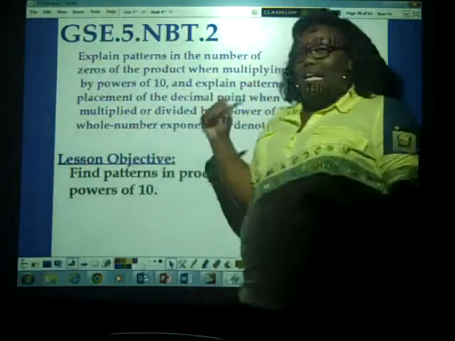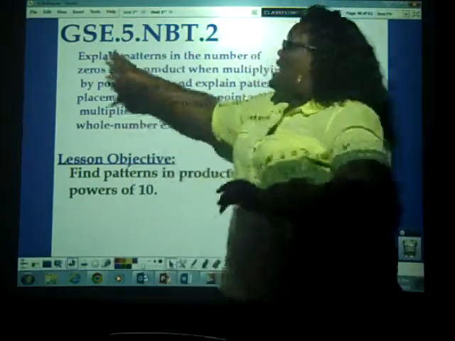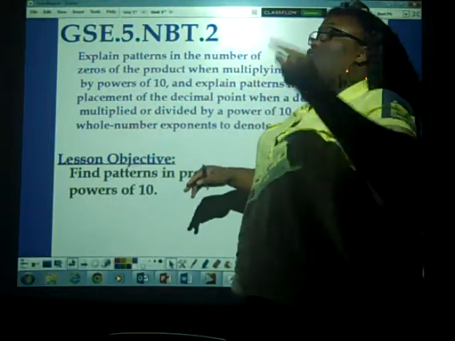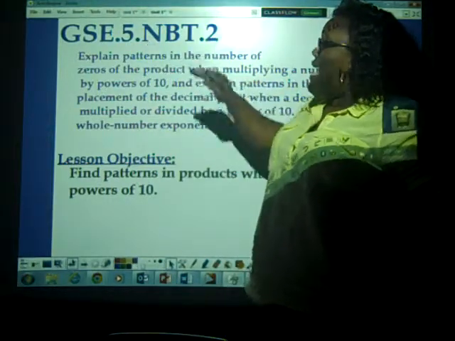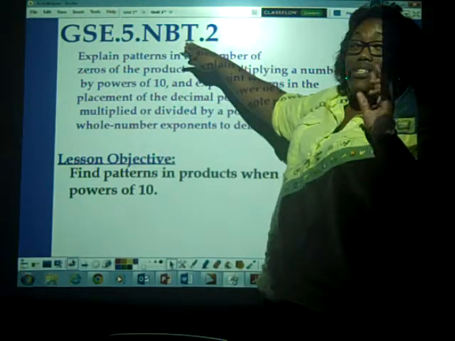So I'm going to go over this again. GSE stands for Georgia Standards of Excellence. 5 represents 5th grade, that's you. NBT, numbers and operations in base 10, which is